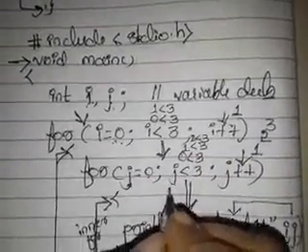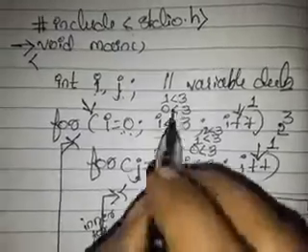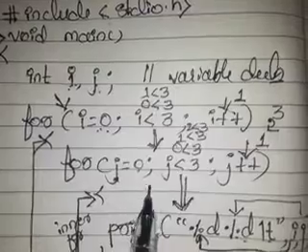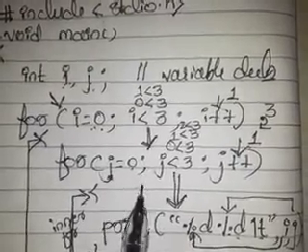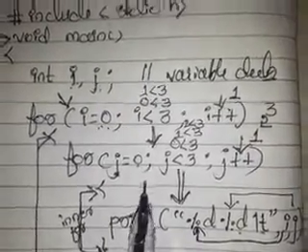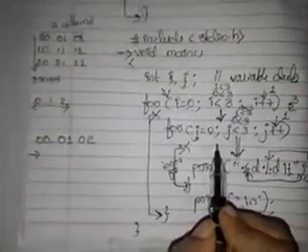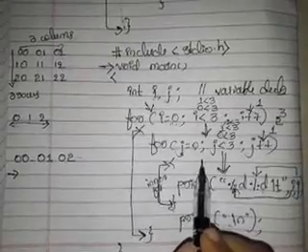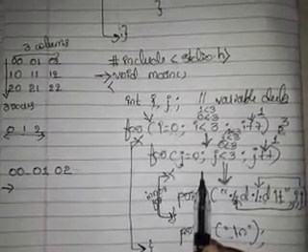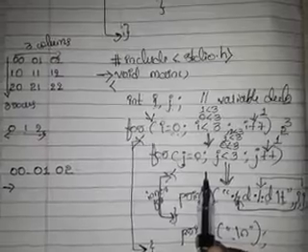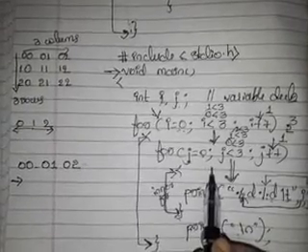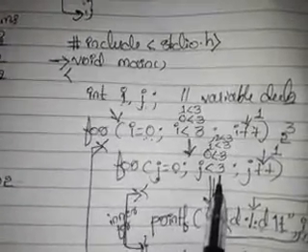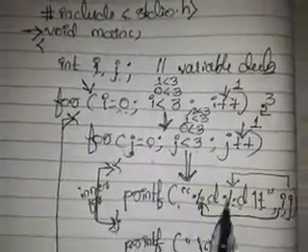Now I want to stress a very important thing here. For every new value of i, all the values of j have to be executed. What is the meaning of this? For every new value of the control variable of the outside for loop, all the values of the inner for loop should be executed. What are all the values? 0, 1, 2. In the sense, again j is equal to 0, 0 less than 3. Yes, it is true. It will come inside, %d.